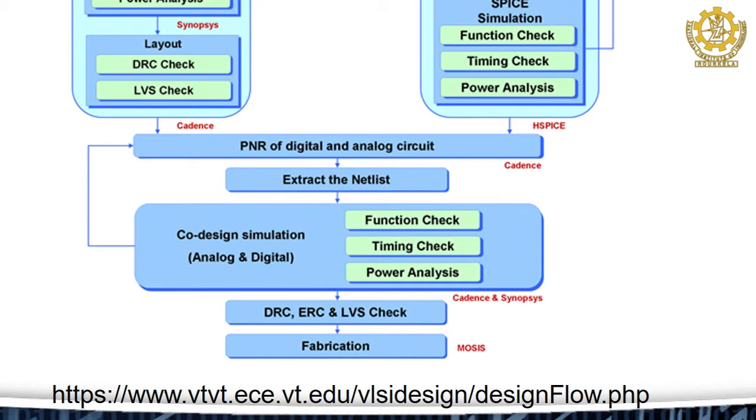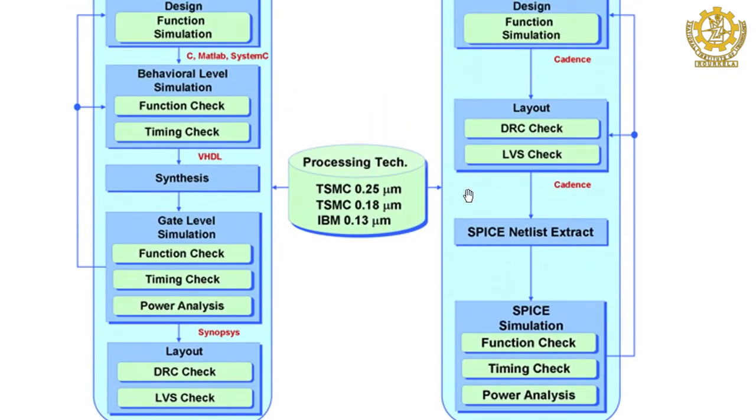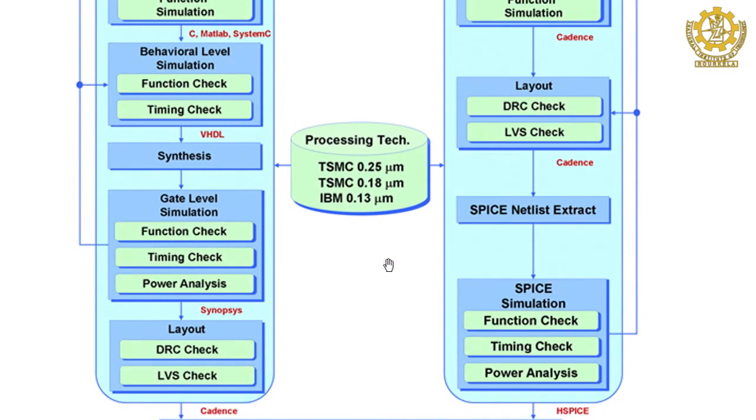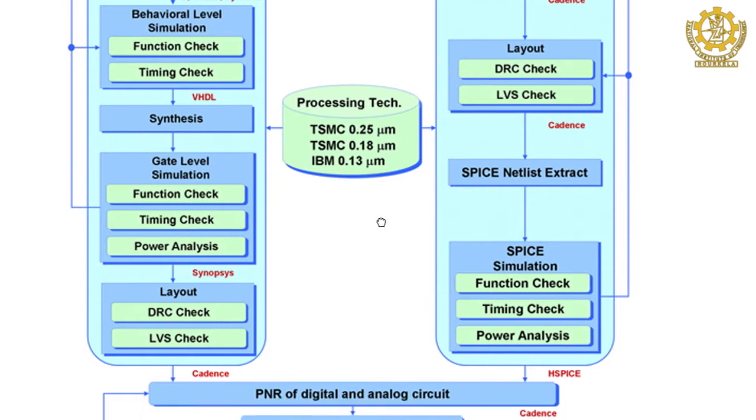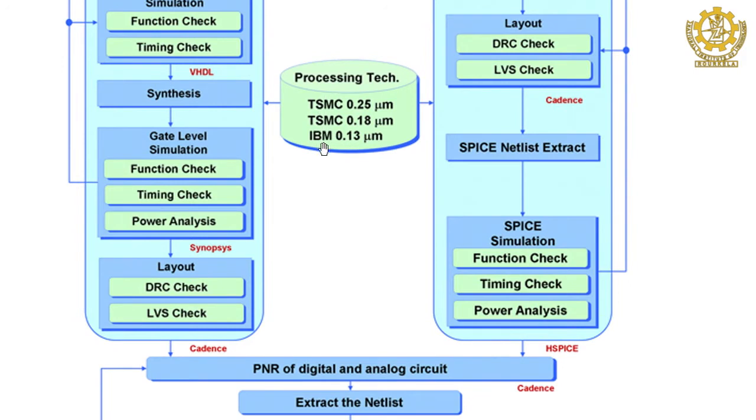Okay. And the area below is the one where you have to choose the company or vendor with whom you are going to fabricate your IC. Here it is written processing technology. Okay. So, you are fabricating one IC and that IC will be mapped to a corresponding technology. Okay. So, each technology will have its transistor specifications. So, the W by L ratio of the transistor is specified by the company, but for a particular technology the L will be fixed. So, W will vary according to your design requirement. Okay. So, you can see here TSMC, IBM, these are the companies. TSMC stands for Taiwan Semiconductor Manufacturing Company.